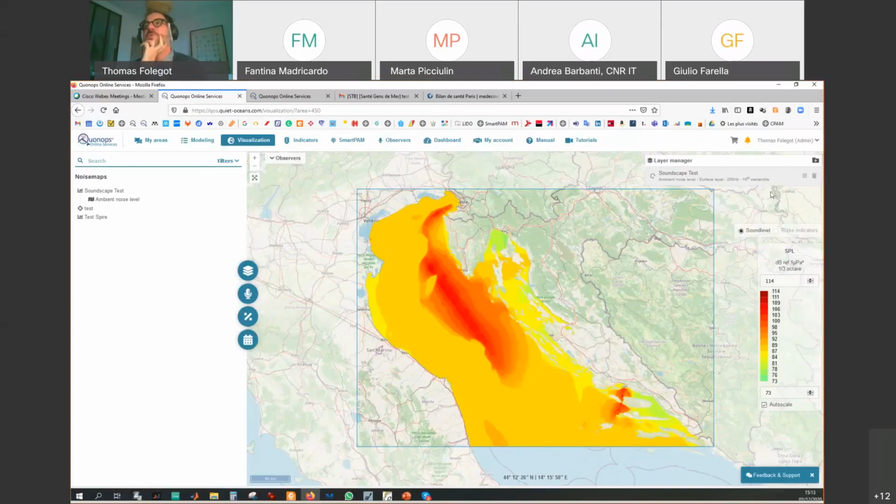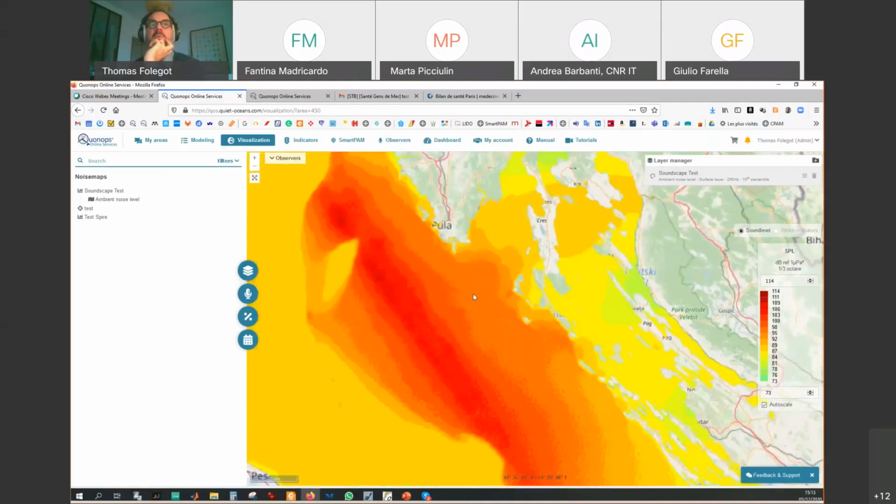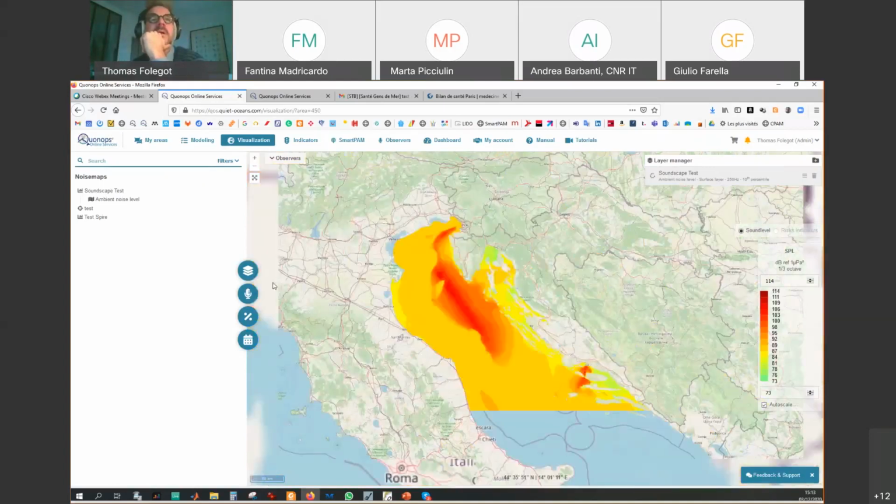This is for the surface layer. So here you have a layer manager, so you know what you're looking at. Ambient noise level, surface layer, 250 Hertz, 10th percentile. Okay, and then you can zoom out, of course. And the frequency here, in that test, I just made a test at 250 Hertz. Okay, so I just have one available. But you will have